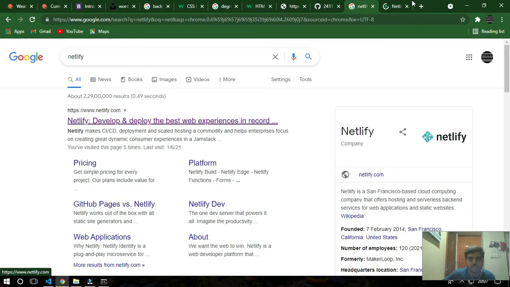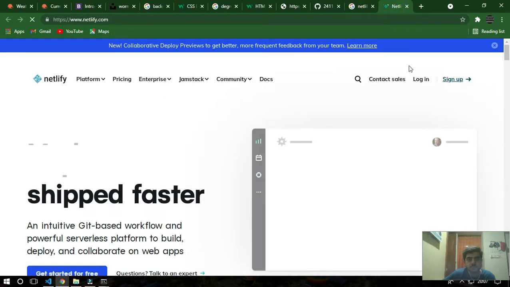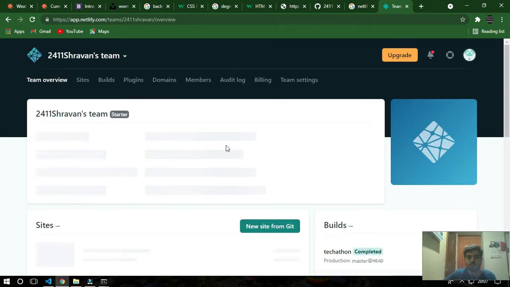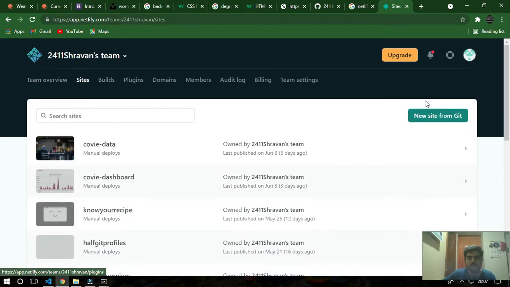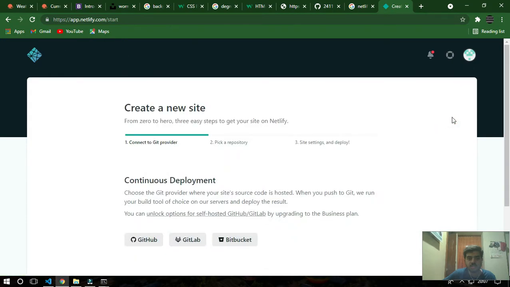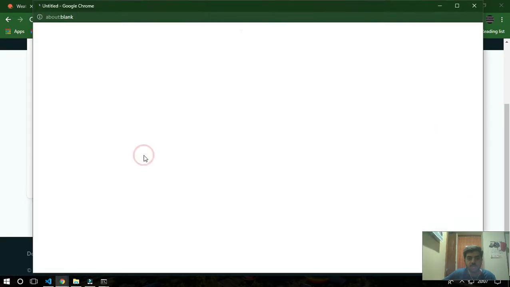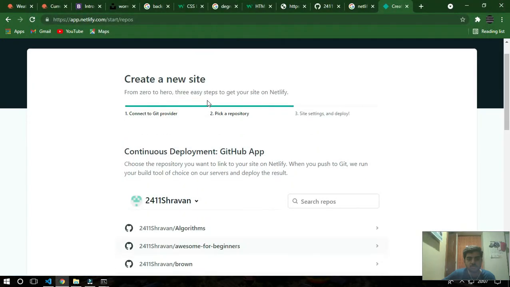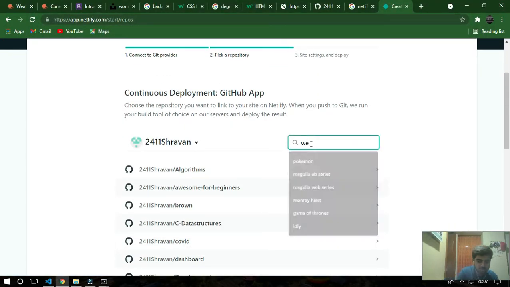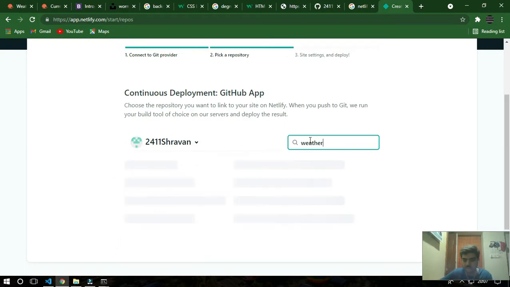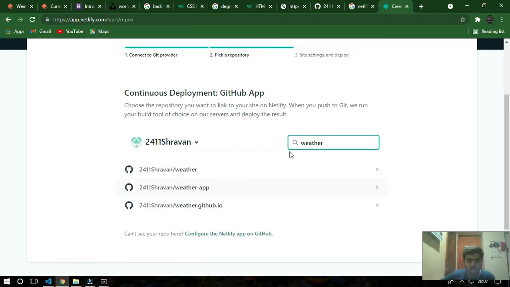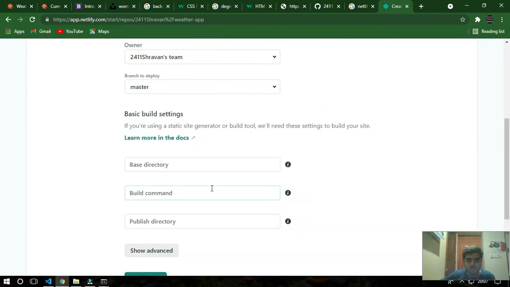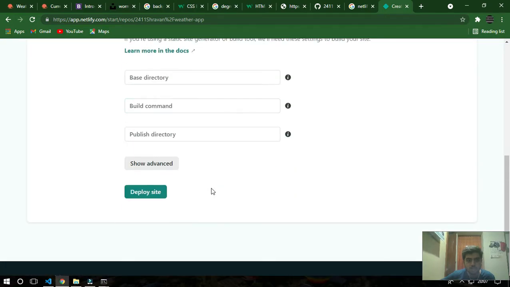What I'm going to do, login, I'll click on sites and take new site from GitHub, search repos, weather app, then deploy site.